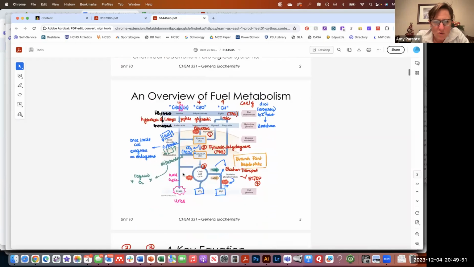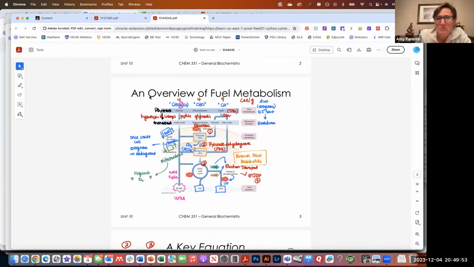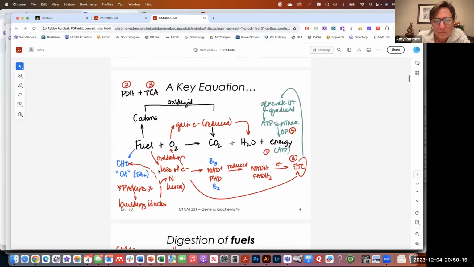So we spent a good bit of time on this slide. Try to recreate this slide for yourself, right? If you were to go to the notes and look at a blank version, could you fill in any place that there's an arrow? Could you discuss what's going on? Remember, this is a story that you're trying to describe for how we ultimately take fuel and generate energy and then waste products. So star this slide, right? How do you take this key equation and sort of map on the details for what we know for how this works?